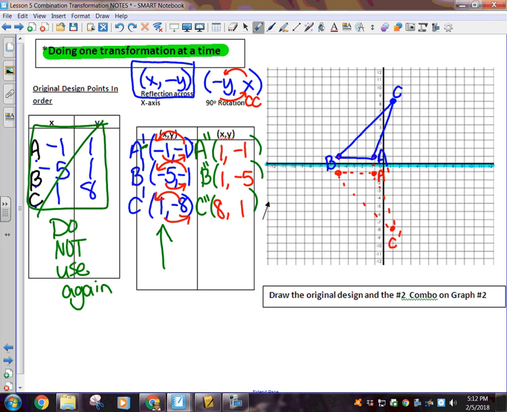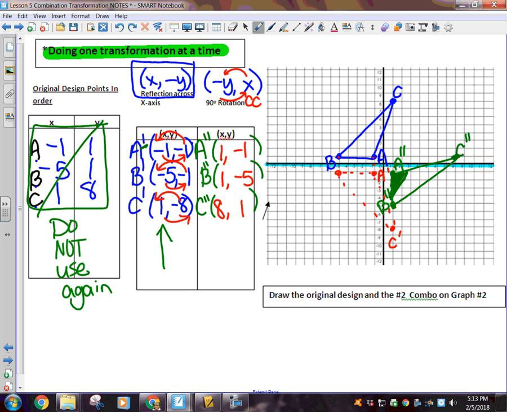I did not use that first list of points again, okay? I'm actually going from the red triangle to the next new triangle. So I'm going to locate my points. Over 1, down 1. That's going to be A double prime. Notice my two marks. Over 1, down 5. 1, 2, 3, 4, 5. That's going to be B double prime. And C is over 8, up 1. C double prime. This is my final and completed